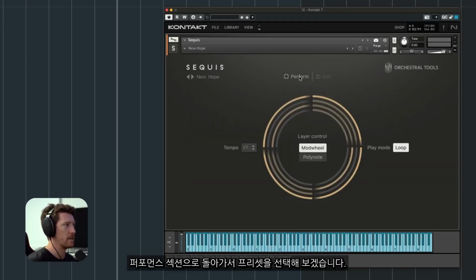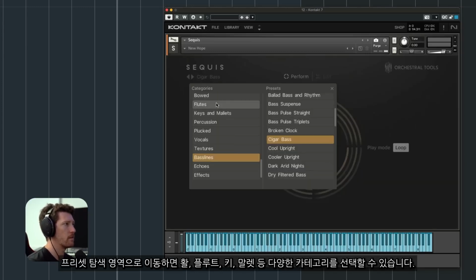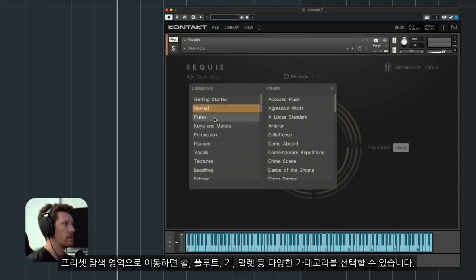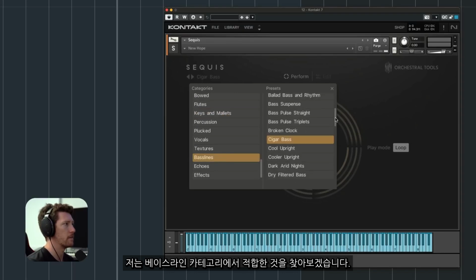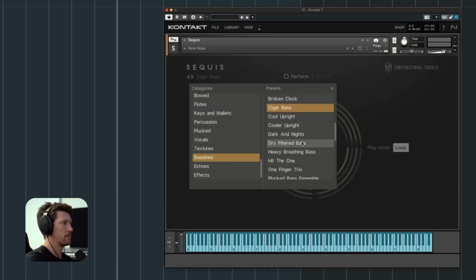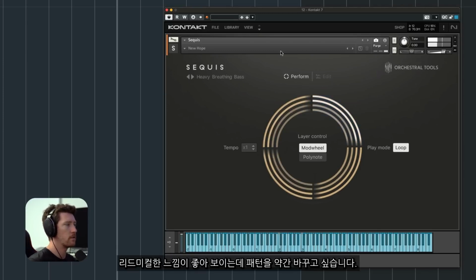We'll go back to Perform a sec and let's select a preset. So I'm going to go to the preset navigation area here, and these are all the different categories you can choose from: bows, flutes, keys, and mallets. And I'm going to go to the basslines area and find something in here. Kind of interesting. Let's go to the next preset. So this has a good kind of rhythmic feel to it,